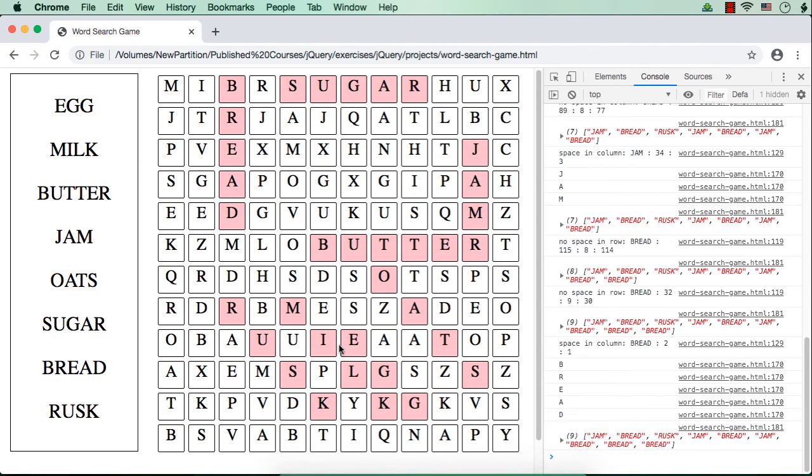So what we are going to do for that, if we implement the logic on the click of these div elements, what will happen? Suppose we implement the logic on the click of these div elements, then we cannot make sure that when the letters of one word are completely selected, right? Suppose the person selects the letters SUGAR and later selects the letters BUTTER, we cannot find an end for the selection.